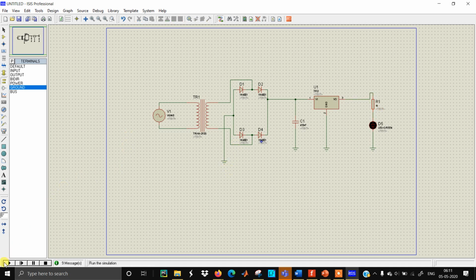Upon simulation, we'll see that our circuit is working properly. So we can say that whatever calculations we have made for R and C were right. So the whole circuit can be designed and simulated as follows. Moreover, you can use this circuit as a small minor project in your college.